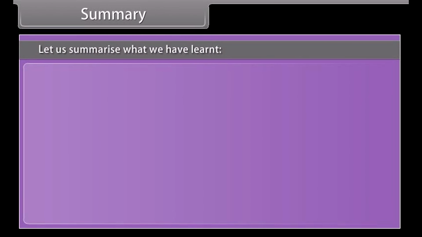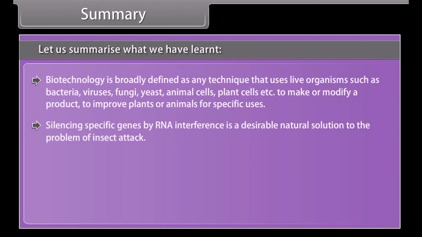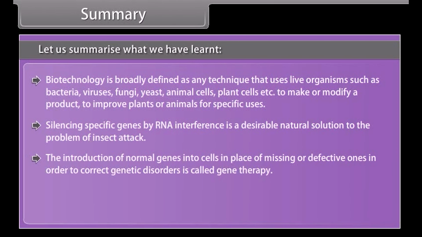Summary. Let us summarize what we have learned. Biotechnology is broadly defined as any technique that uses live organisms such as bacteria, viruses, fungi, yeast, animal cells, plant cells, etc. to make or modify a product to improve plants or animals for specific uses. Silencing specific genes by RNA interference is a desirable natural solution to the problem of insect attack. The introduction of normal genes into cells in place of missing or defective ones in order to correct genetic disorders